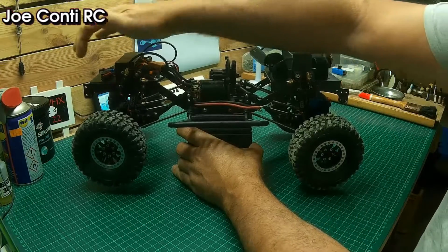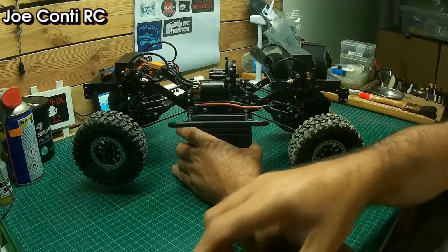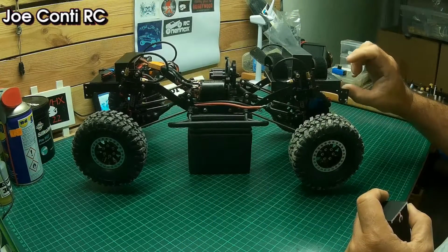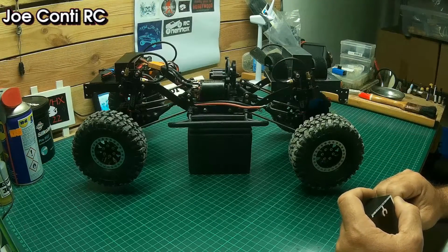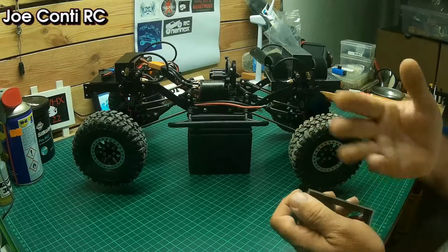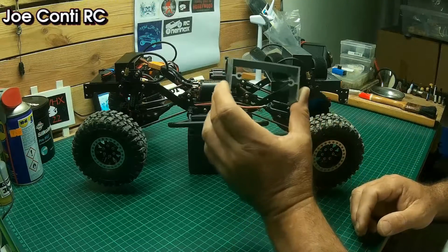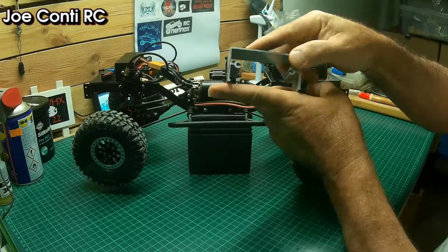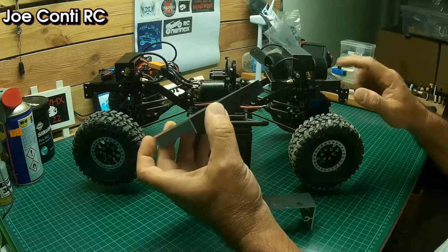These are aluminium plates. Originally they were 8 by 4 centimeter hollow tubing box section. I don't know what you call it, but that's what we call them here. And this is the top part. Originally it was closed up like this. What I did was got a piece of the tubing,